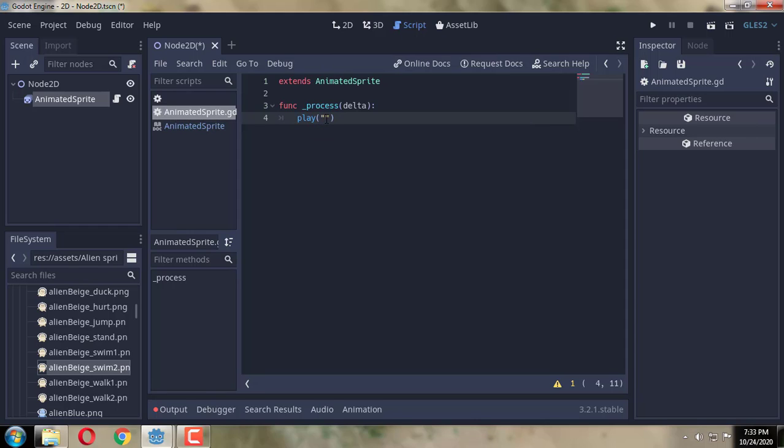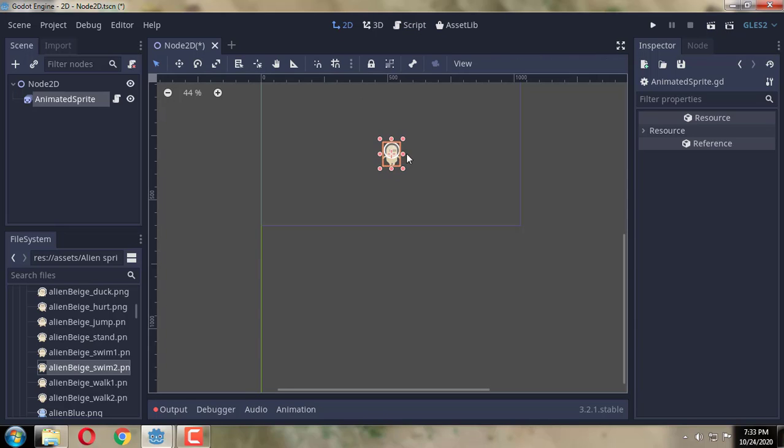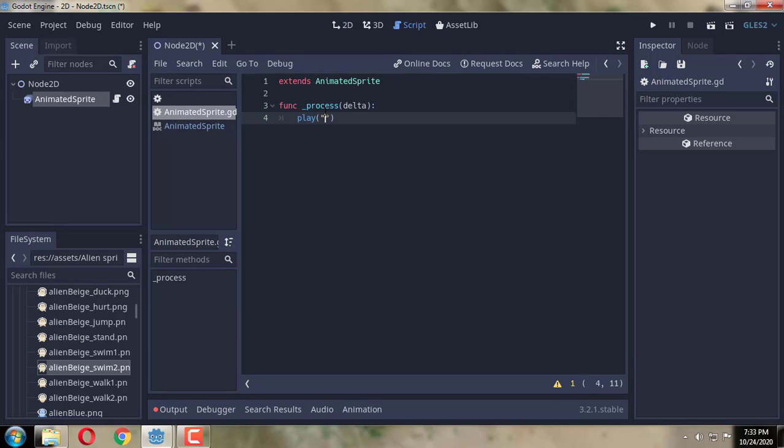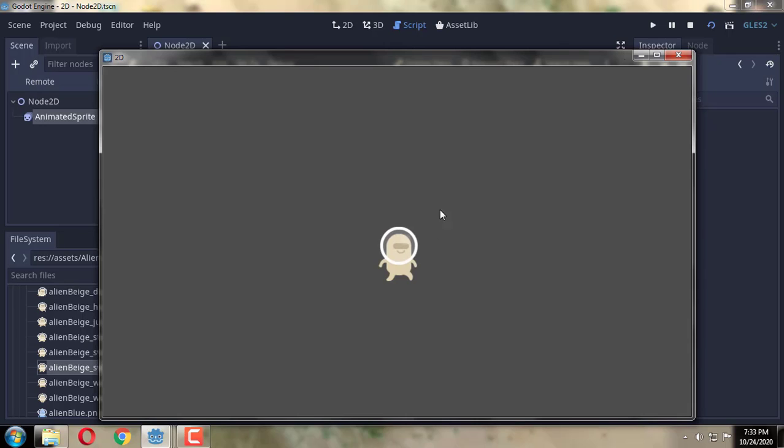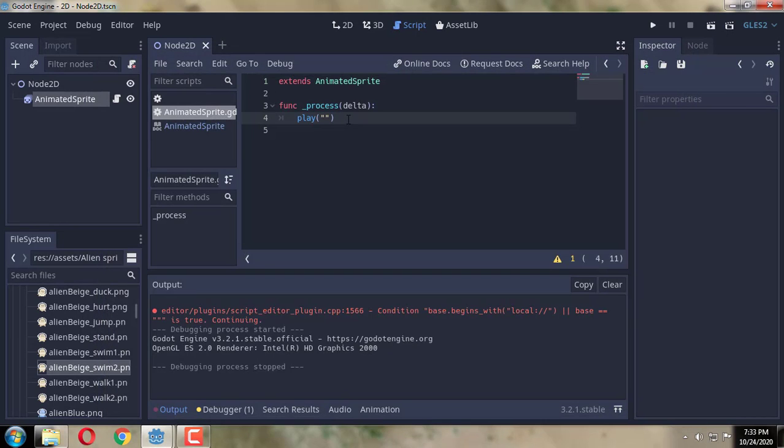If this name is empty or invalid, it will play the default animation that is shown, such as now, we haven't put anything, so it is showing the default animation. The default animation shows even when we don't put